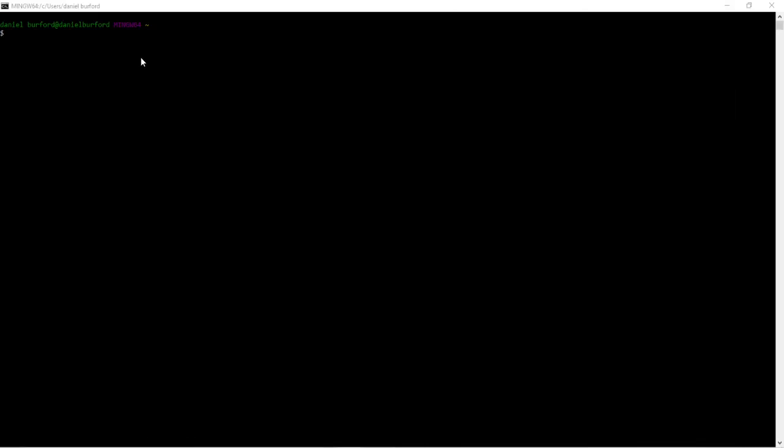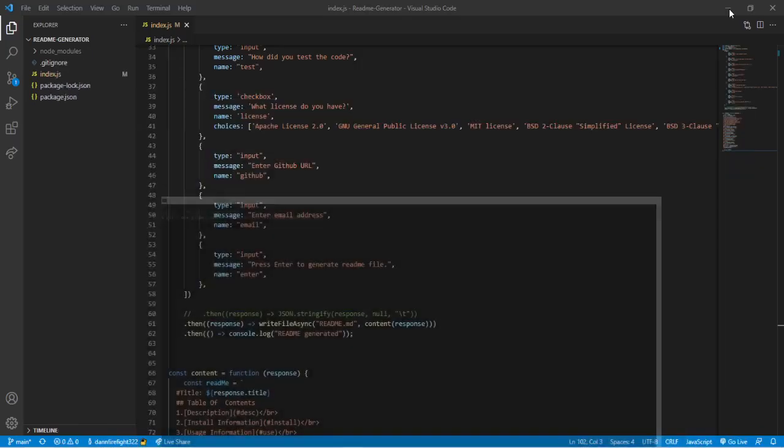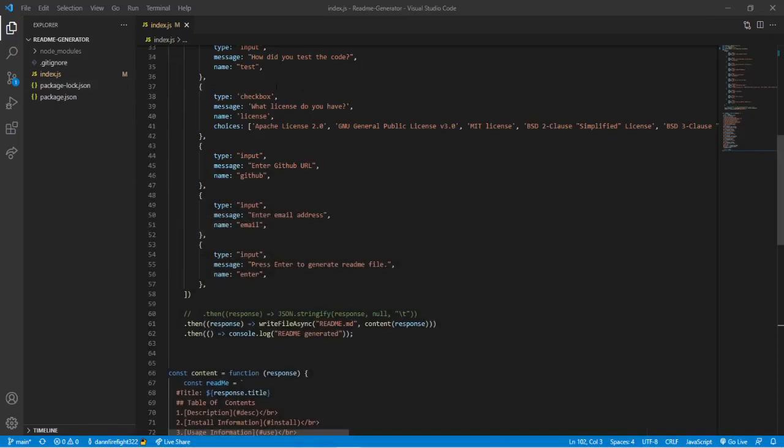and you're going to want to write the command git clone, and paste that into the terminal. Now I already have this on my local machine, so I will be skipping this step because I have it here. So once you get into VS Code, you are going to open up